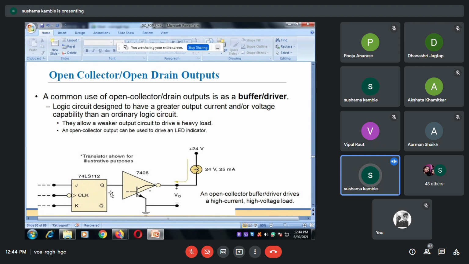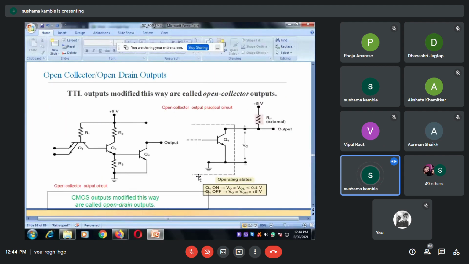See this diagram. This is the JK flip-flop. You will have the flip-flop in the third or fourth unit. Here, this is the arrangement. Here a transistor is shown, and this is about the open collector or open drain output, and it drives this high current, high voltage load. Okay, keep in mind only these things. You don't have to learn the working of the circuit. When Q3 is removed from the circuit, you can call it an open collector or open drain output.